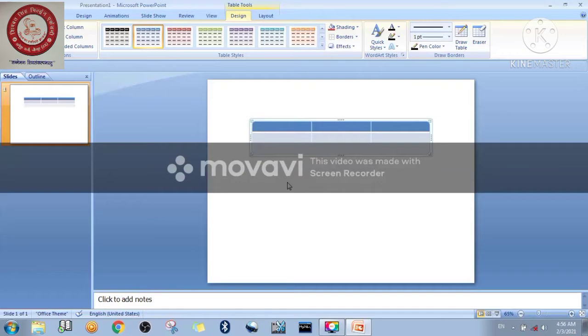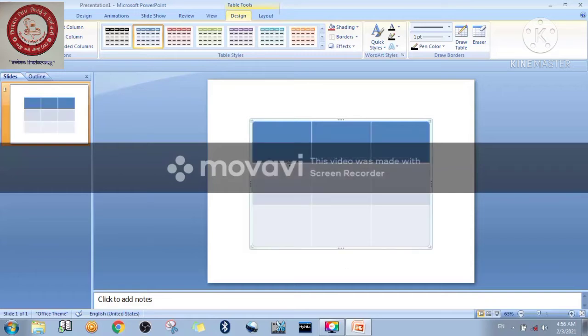So how are we going to align that? Let me show you. First of all, these are the resizing handles, this one, this one, this one, this one, and this one. Okay, so in total there are 12 resizing handles, and the resizing handles are located on the border of the table. So let's resize it like this. Okay, so right now it is increased.